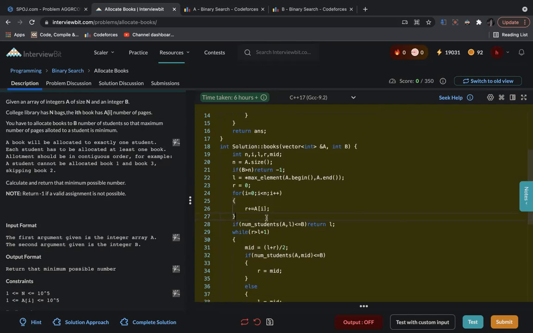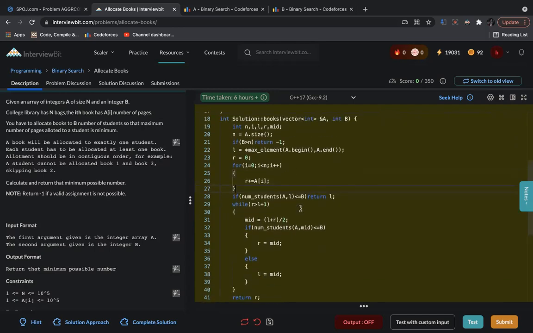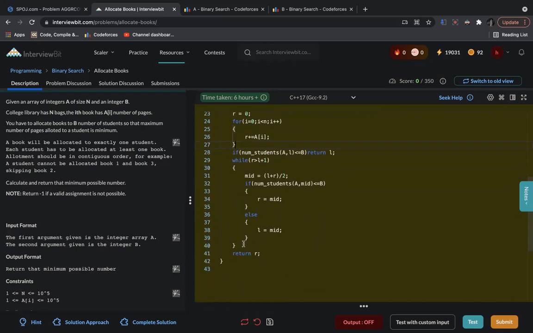Okay. Now with that done, first of all, let's look at this binary search. I'm doing a similar binary search while R is greater than L plus 1, maintaining the invariant that R is always true and L is always false. And this num students of a comma mid function is greedily trying to assign every book to the current student until the number of pages held by the current student would exceed mid. Finally, it outputs the minimum number of students.